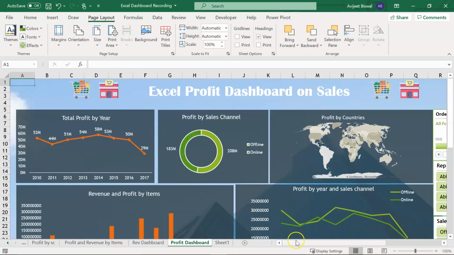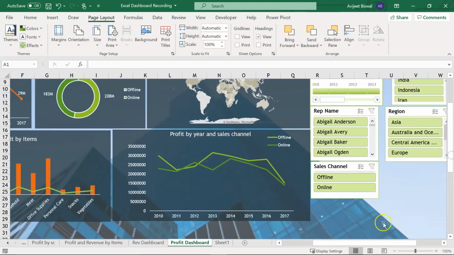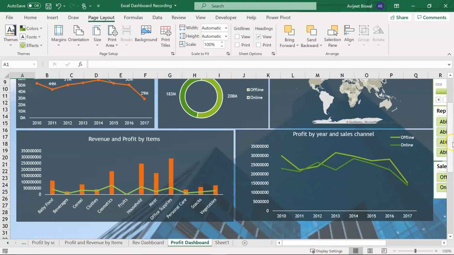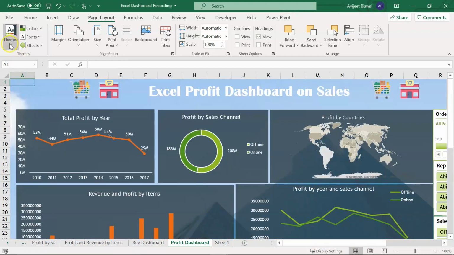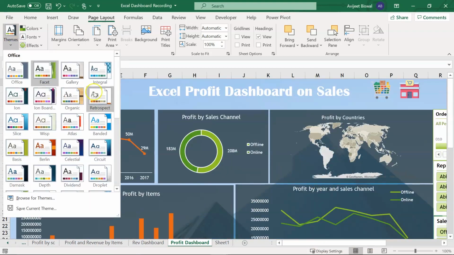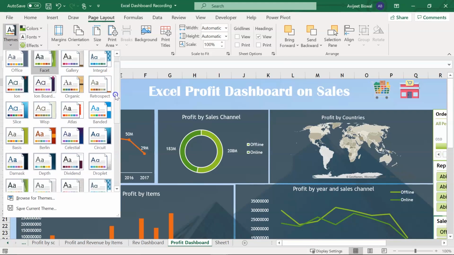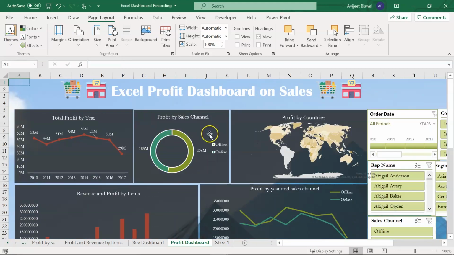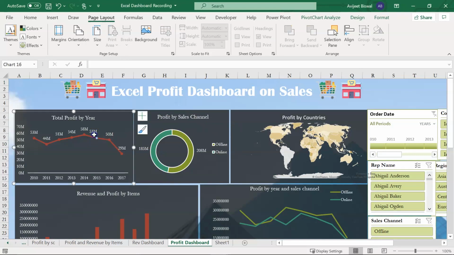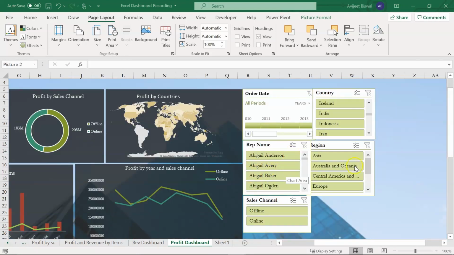You see the colors have changed and it looks really beautiful. Similarly, let me try out another theme, let's say Organic. You see our chart has changed. Let me just delete this. Okay, so now once you change the theme, the text also changes a bit.